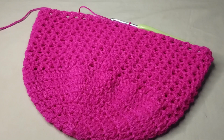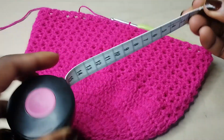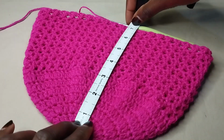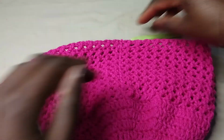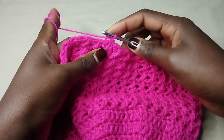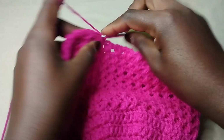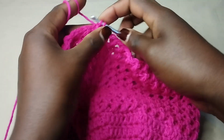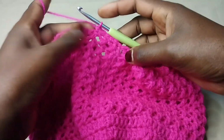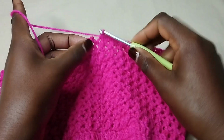Okay, so I have completed 16 rounds, and thus far our beanie is measuring about 7 inches, which is a perfect height. And the next step now is to make a round of single crochet. So chain 1 in the same stitch, very first stitch, make a single crochet into the next, a single crochet in each and every stitch to the end of this round. To complete the round, slip stitch in the very first single crochet,